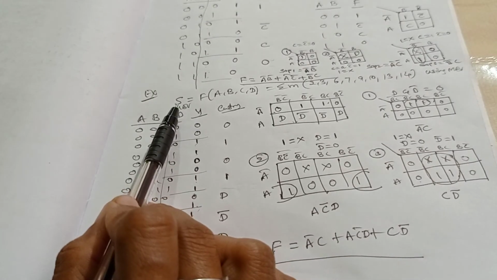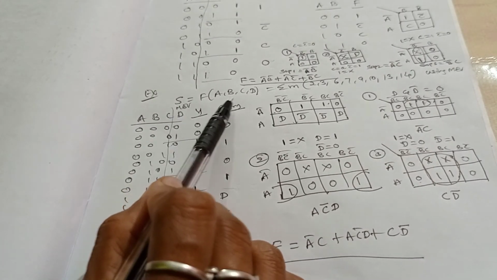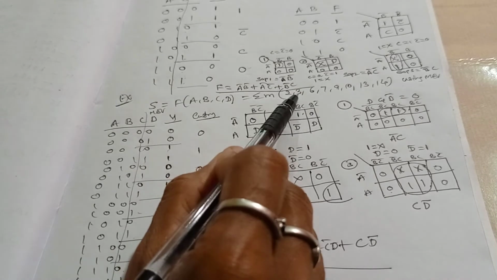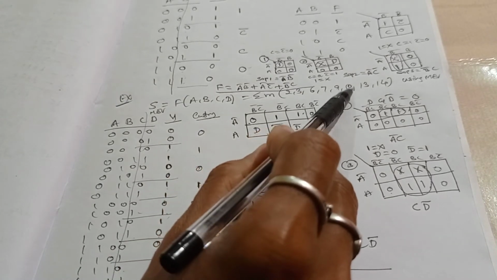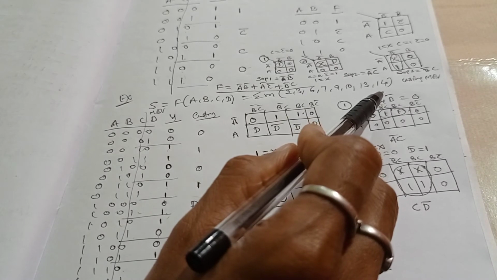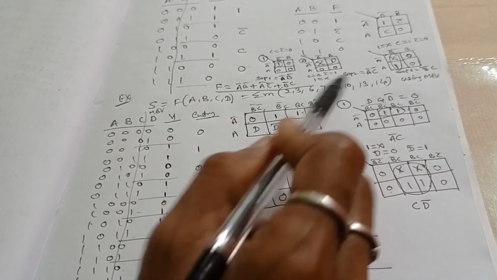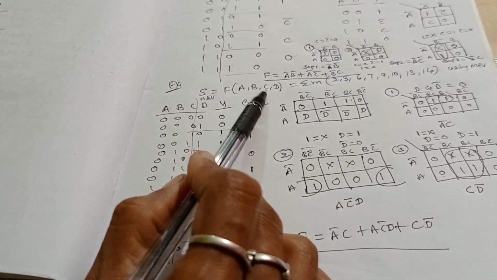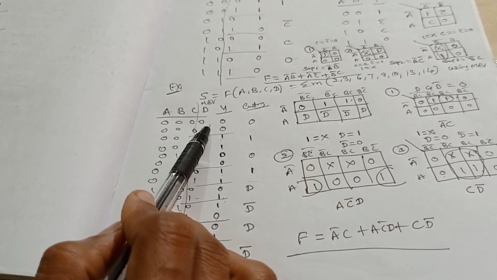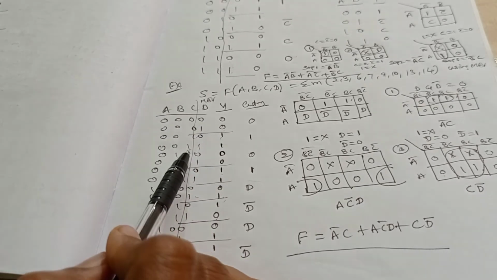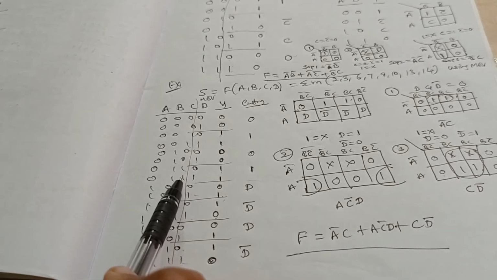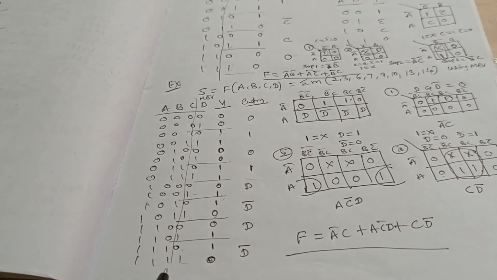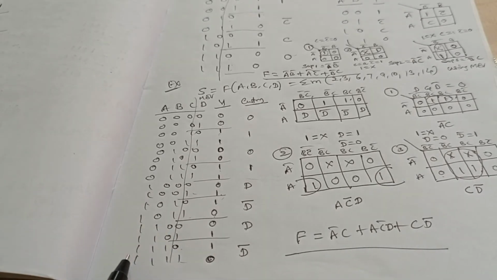Now we'll see one more example, that is 4 variable SOP. Here in this, summation m of 2, 3, 7, 6, 7, 9, 10, 13, 14. This is the given SOP where there is an output, that is, in these terms you should write 1. Okay, we'll write all the 4 combinational values 0 0 0 0, 1, 2, 3, 4, 5, 6, 7, 8, 9, 10, 11, 12, 13, 14, 15. 0 to 15, 4 variable combinational values.